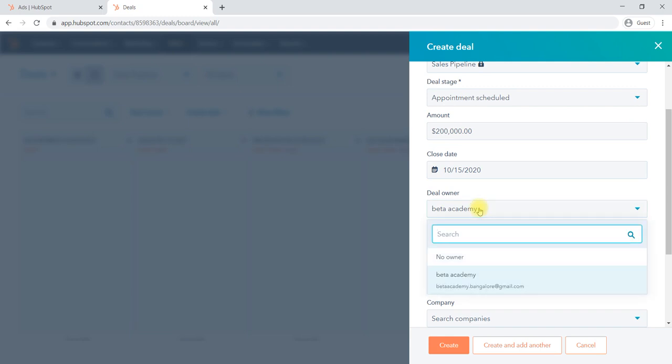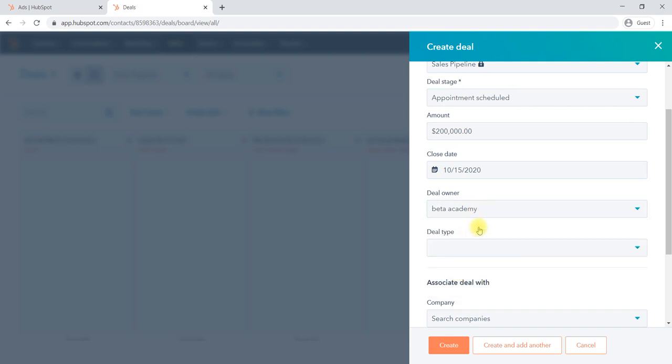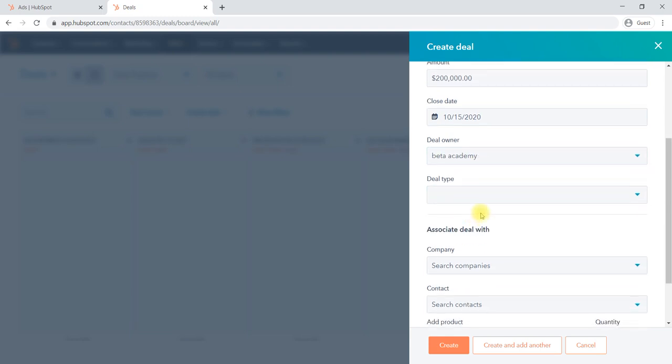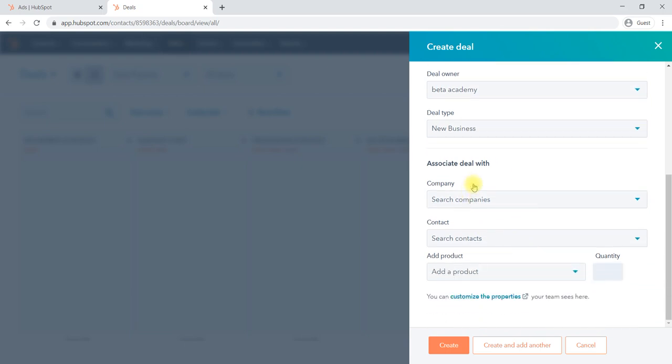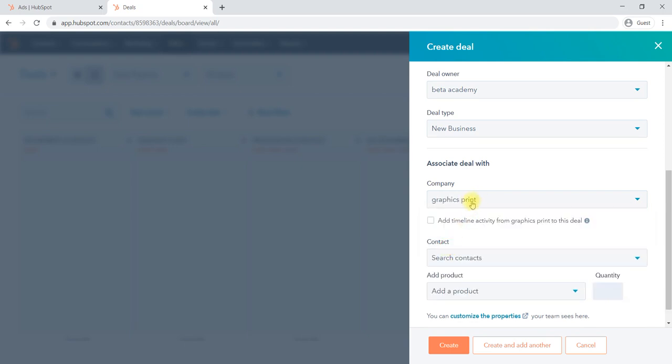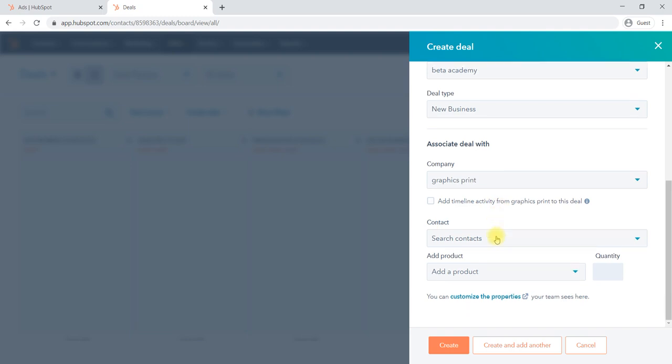And the deal owner, that's the one who is creating, that's me only. And deal type, for example, new business, okay, he is a new client, so new business. Then associated with, for which company it is. For example, I can say we have already created a company, so we'll select that particular company name, and which contact in that particular company, who is the contact.